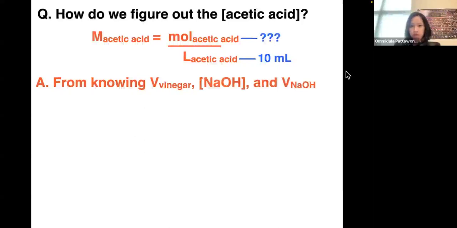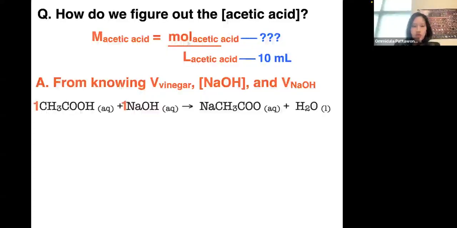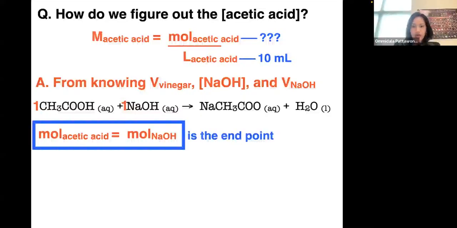So in this case, we are going to use the concentration of sodium hydroxide and volume of the sodium hydroxide at endpoint to calculate for the mole. This reaction is a 1-to-1 ratio. So therefore, mole of acetic acid will equal the mole of sodium hydroxide at the endpoint. That means at endpoint, when we stop titration, we are going to assume that these two moles are